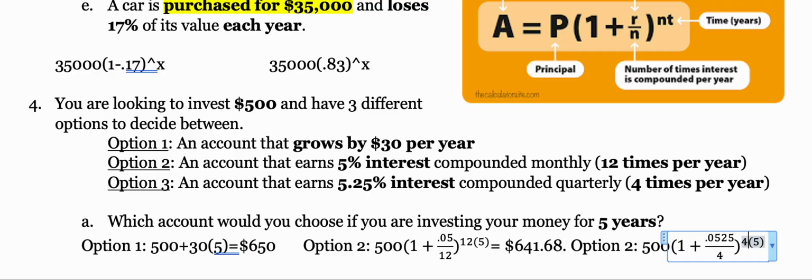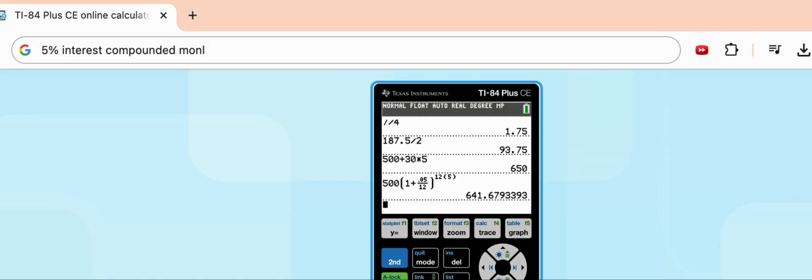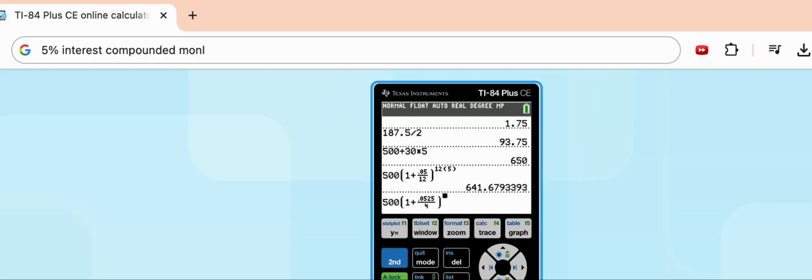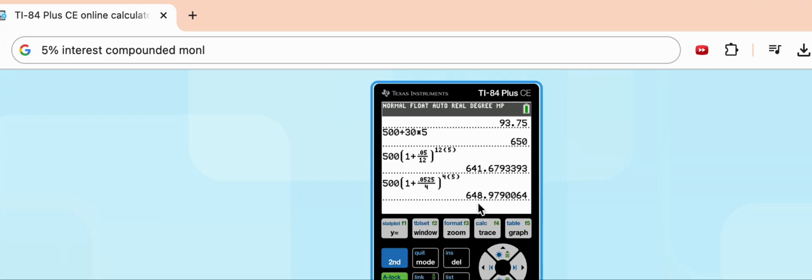So I'm going to pull up my calculator again and do 500 times 1 plus 0.0525 over 4, to the 4 times 5. And we enter that and we get